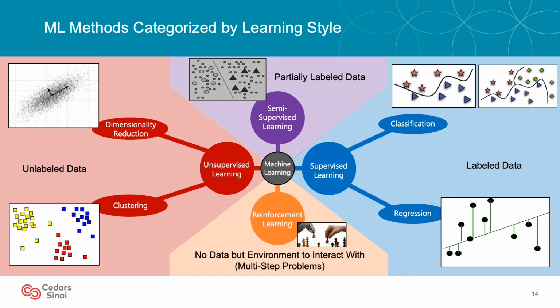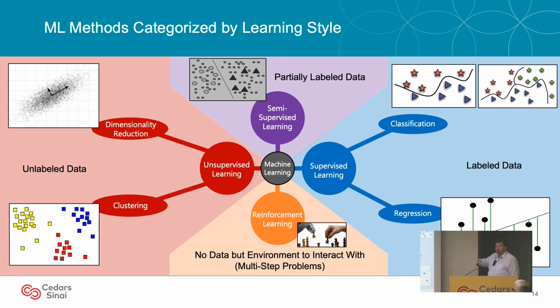Differently, in classification, the model that you're training is a boundary that separates classes, but in regression, the line is the prediction. So wherever you lie on the line, that is the prediction you get. On the other hand, we have unsupervised learning, where we have data that is not labeled, or we are ignoring the label for the purposes of this kind of analysis. This includes things like clustering and dimensionality reduction.